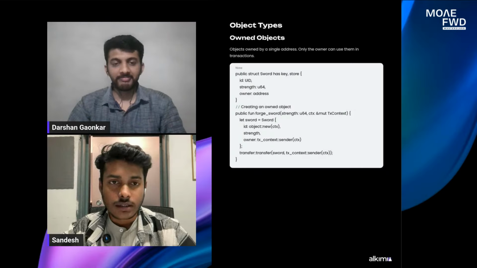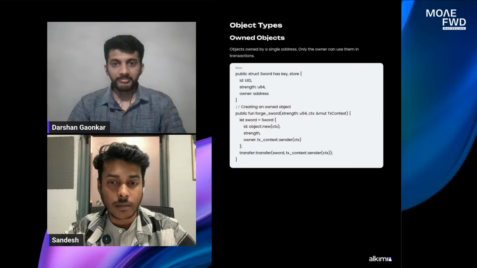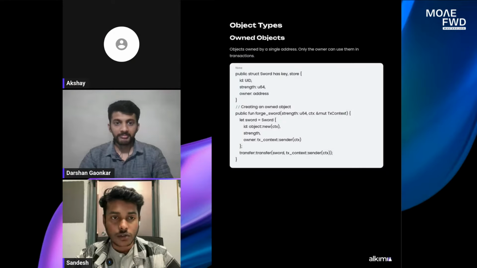These types of models are the most commonly used and the most recommended to use. Now, as we can see in the code block mentioned here, notice we have the key ability. That is what makes it an object, and we also have the store ability that allows it to be transferred. So when we call, as you can see on the last slide here,